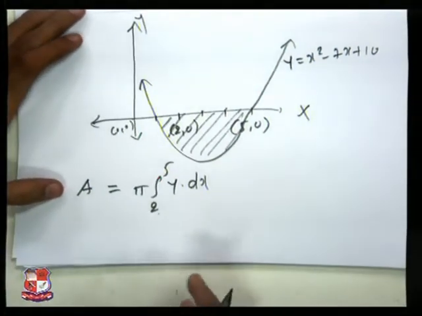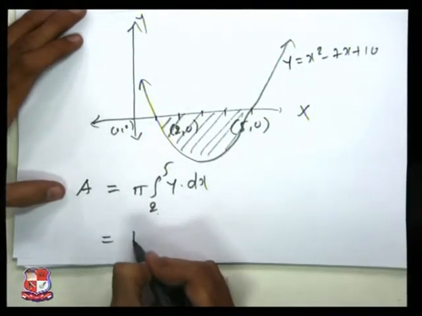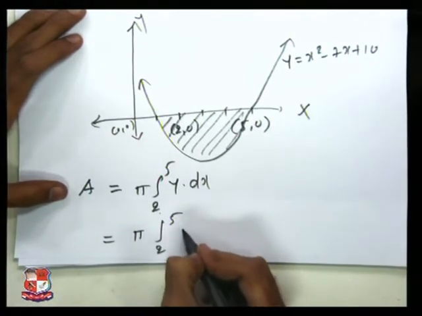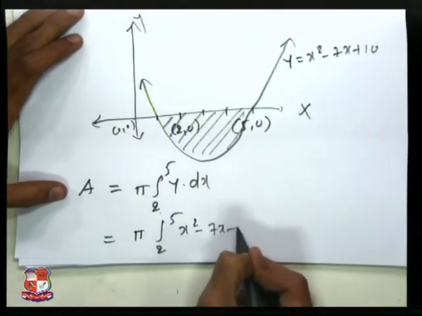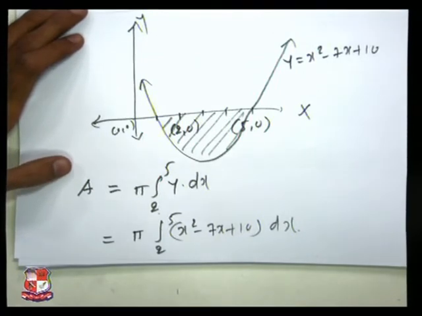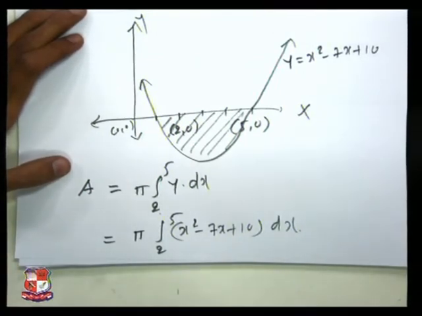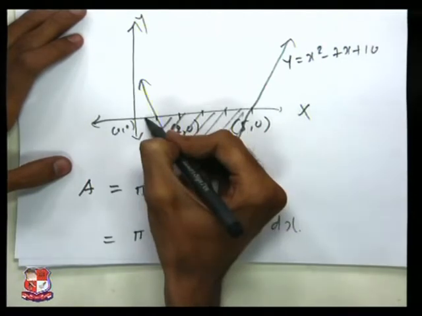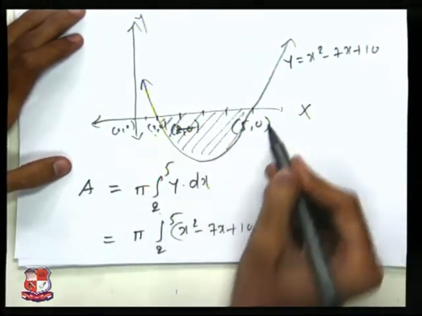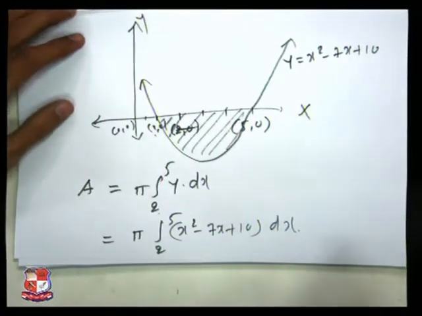Okay, so that is equal to pi, y is equal to x square minus 7x plus 10 into dx with the limit 2 to 5. Okay, so this is from 2 to 5, right? So by integrating this one, we will get A is equal to